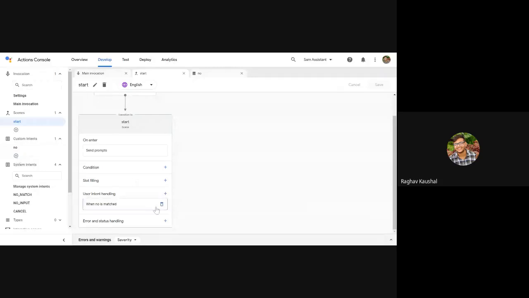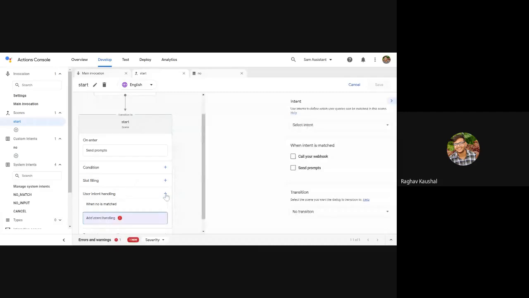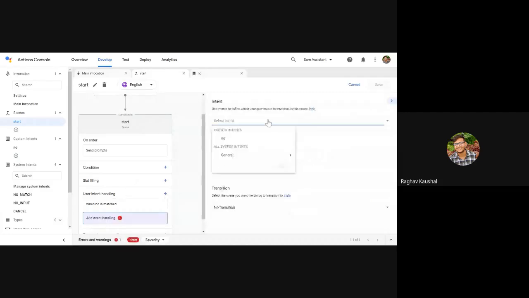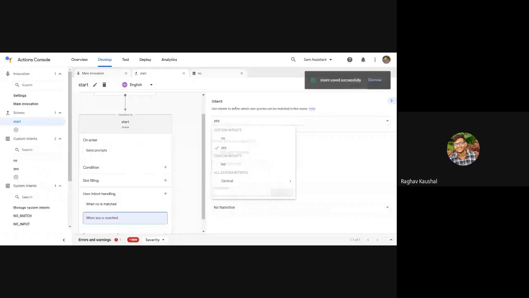You just have to click on this plus sign and select an intent. If the intent is not made, you just write yes here, whatever intent you want to create, and add. So this is another way of creating an intent. You can create it from the left hand column or from here.